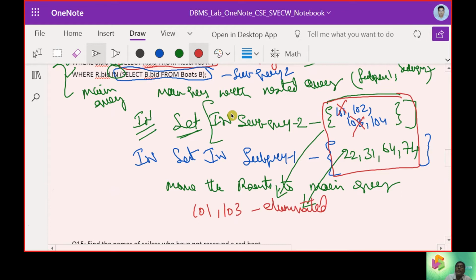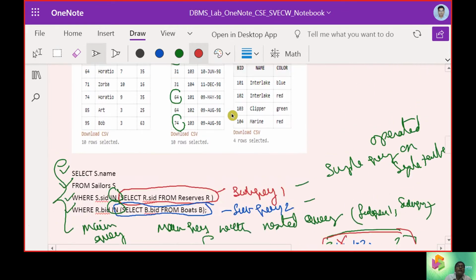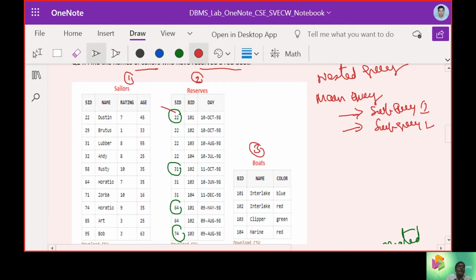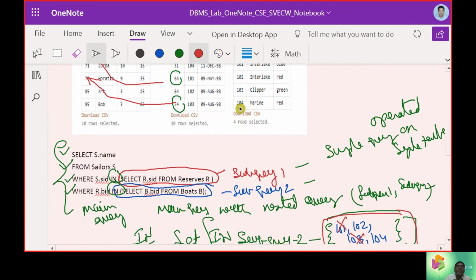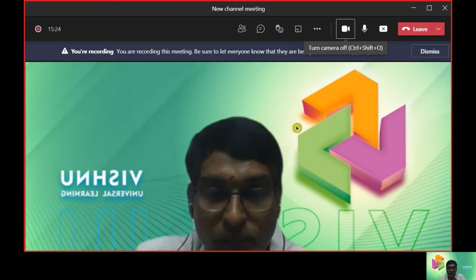Second thing was we should get the names. So 22's name was Dustin, 31 was Lubber, 64 was Horatio, 74 was again Horatio. In this way we can express our answers as of now.